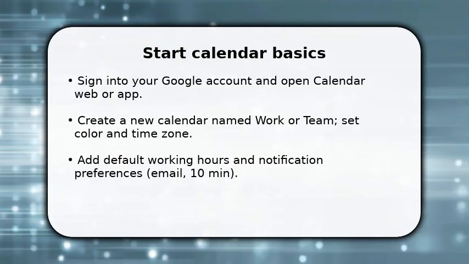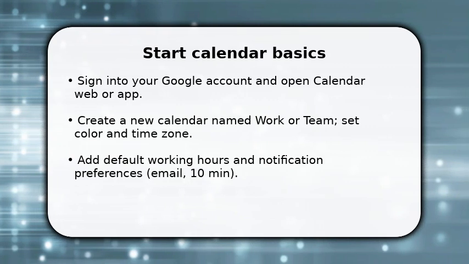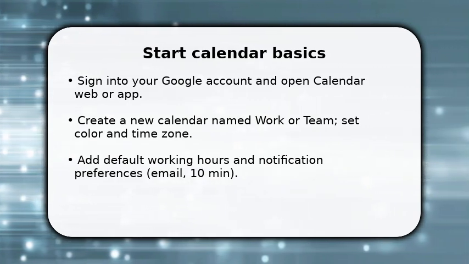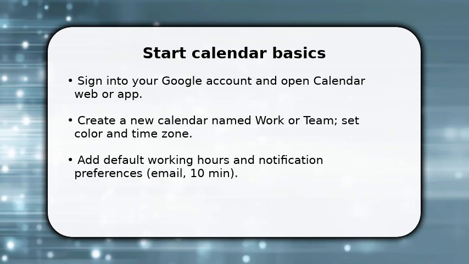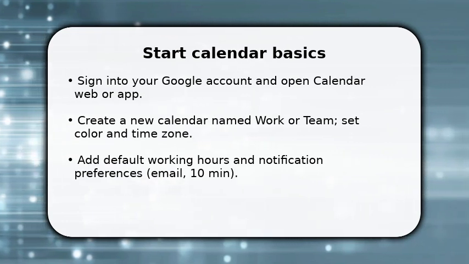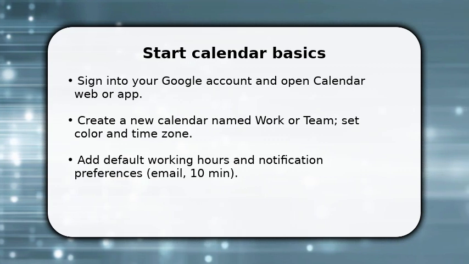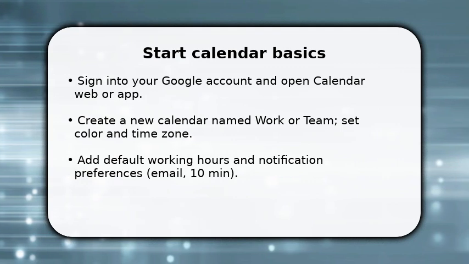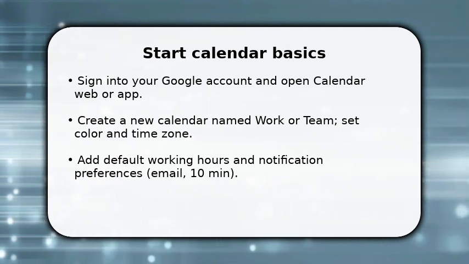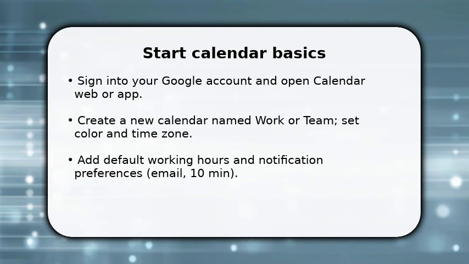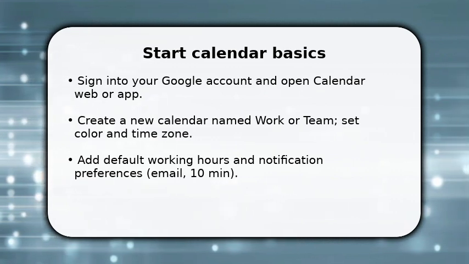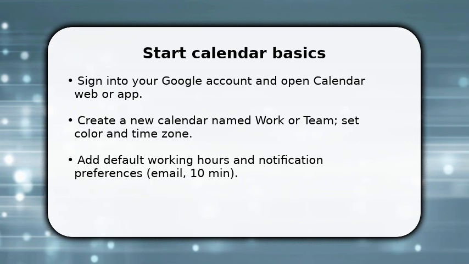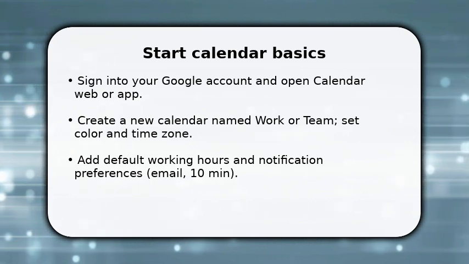You'll begin by opening Google Calendar and creating a dedicated work calendar so events stay organized. Once done, pick a color and set the correct time zone to avoid confusion across shifts. Make sure to add your standard working hours and default notifications, for example, 10 minutes by email or pop-up, so you get consistent reminders. Doing this now saves editing later and ensures all entries inherit these settings when you add